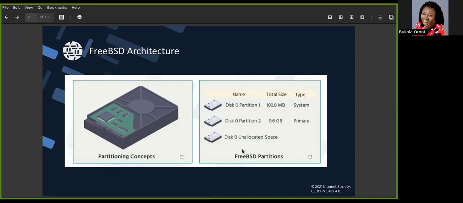And also we have the user partition, which contains the user home directory. So it is in that partition that you can create directories, or what Windows refers to as folders, for every user created on that operating system.